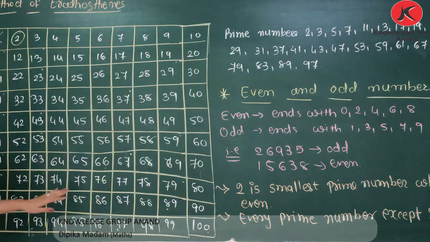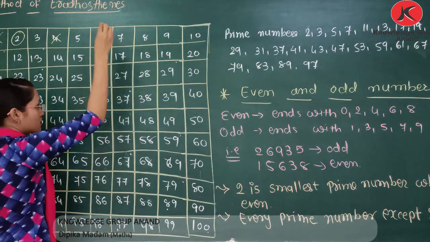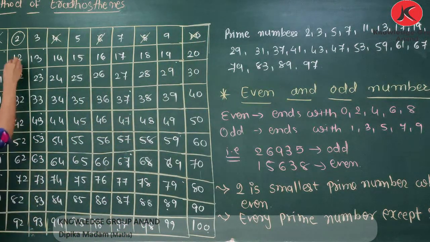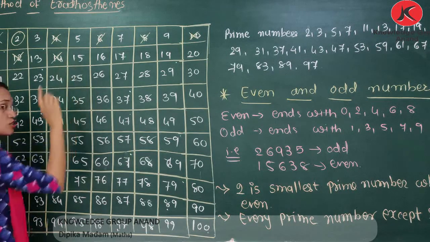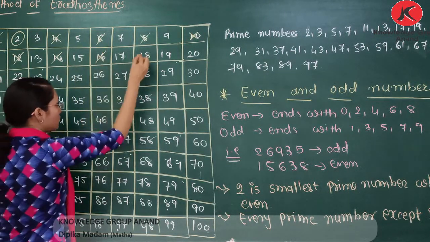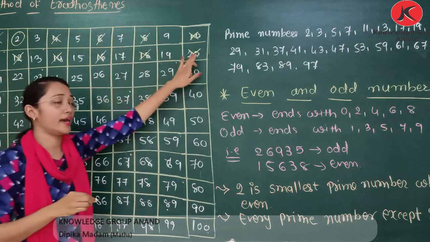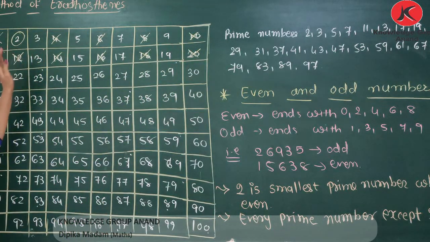All the numbers that come in the table of 2, cross them all. So here 2 2s are 4, 2 3s are 6, 2 4s are 8, 2 5s are 10. Okay. Now next one, 11 is not there, 2 6s are 12, 2 7s are 14, 13 is not there in the table of 2, 15 is also not there, 16 is there, 2 8s are 16, 2 9s are 18 and 2 10s are 20. Clear? So we cancel the multiples of 2.